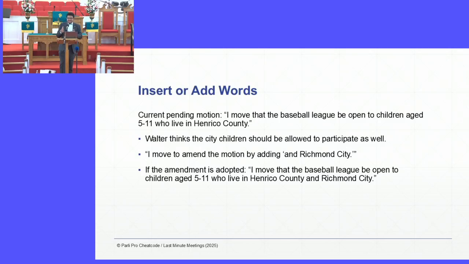Because it's not necessarily, someone might not see it as friendly, but it's still related to establishing the baseball league in general in the Richmond area, right? And so that's what we have there. Next one,